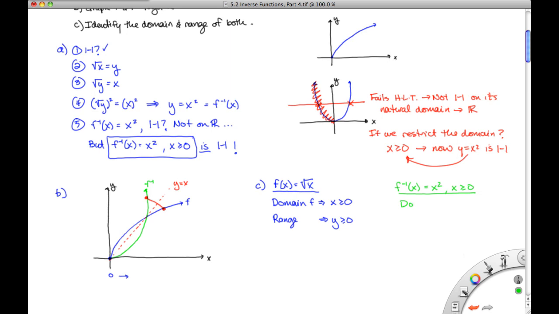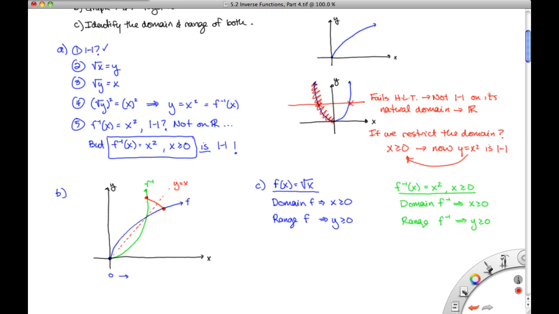So the domain of f inverse will be x is greater than or equal to 0, and the range of f inverse will be y is greater than or equal to 0. Now this is a kind of tricky example because it ends up being the same for both, but we do see